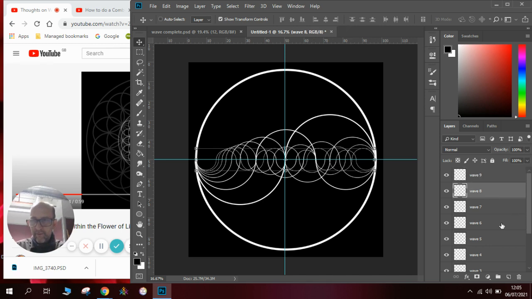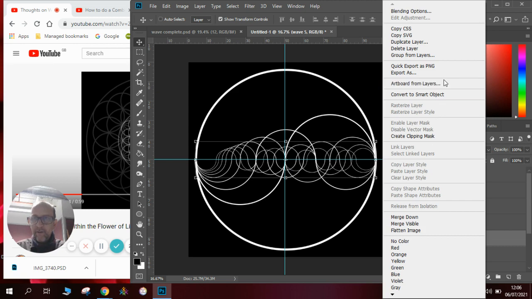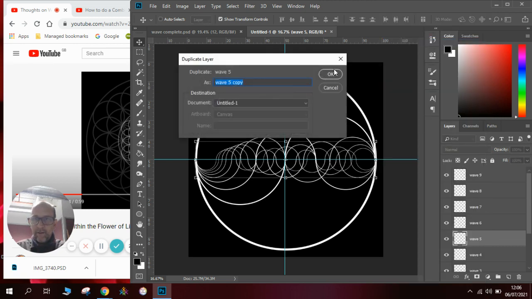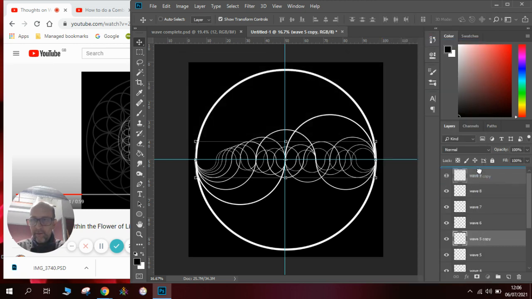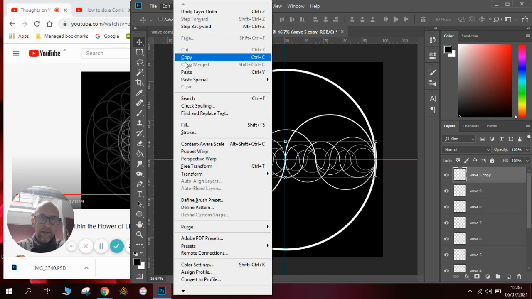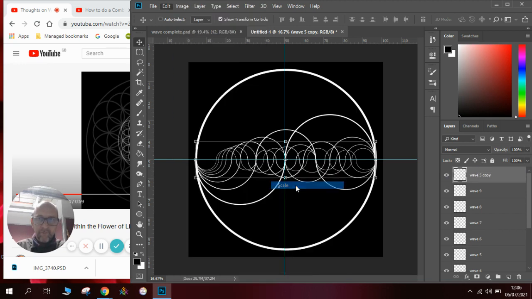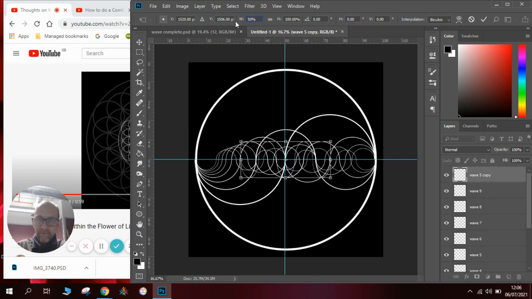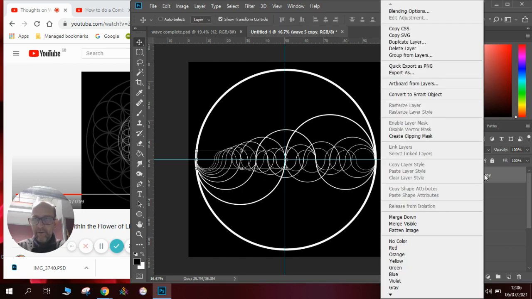Now, for wave 10, we can just use wave 5 and double it, can't we? So we're going to go duplicate layer, click OK, put that at the top, edit, transform, scale, we're going to go 50%. And make sure we tick that box, press enter. We're going to drag it over here, wait for it to go pink, come over here, press enter, right click